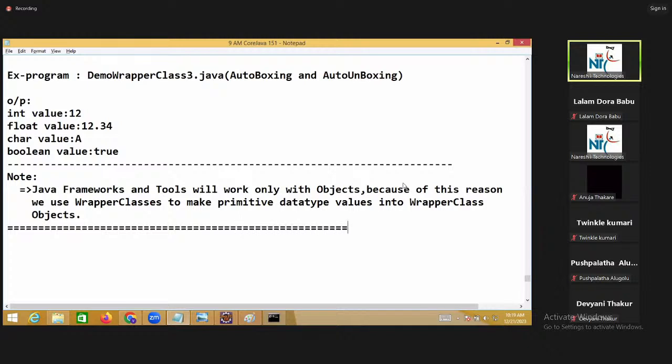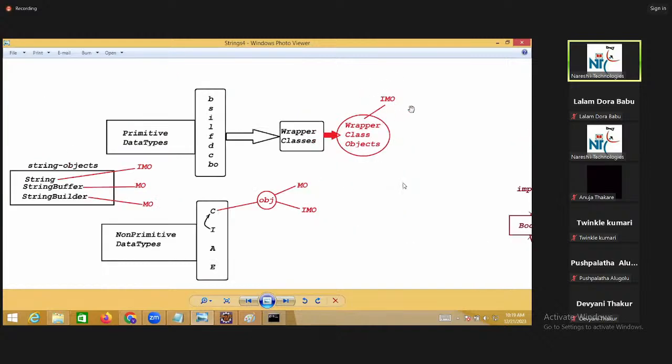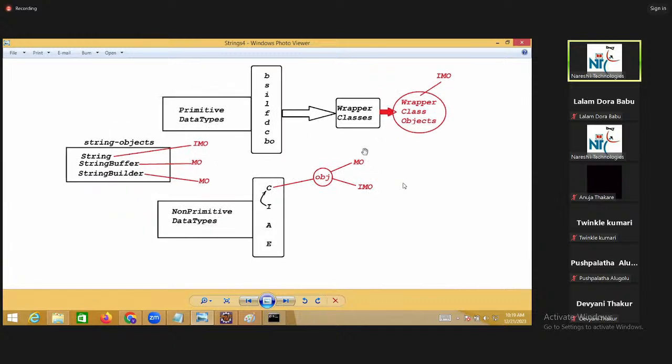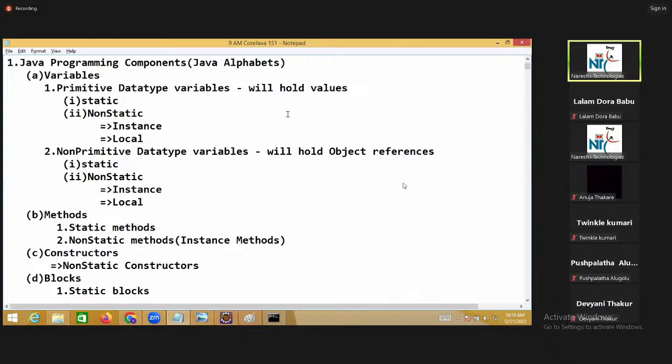And you know the statement from the diagram yesterday: all your wrapper class objects are immutable objects. Here immutable, here all objects came, no, over. Then you have to go with array only. Next journey is array only now. Now go up like this.